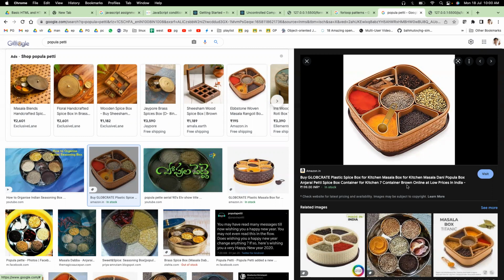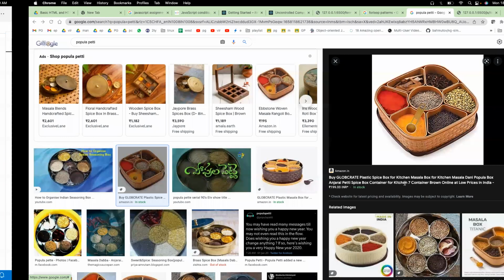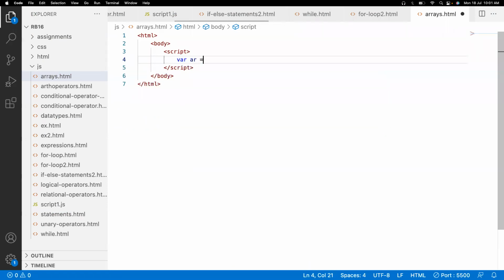Under a single variable, we can keep only one value. But if you want to group different values together under one container, we can have an array. So here I can declare var AR is equal to